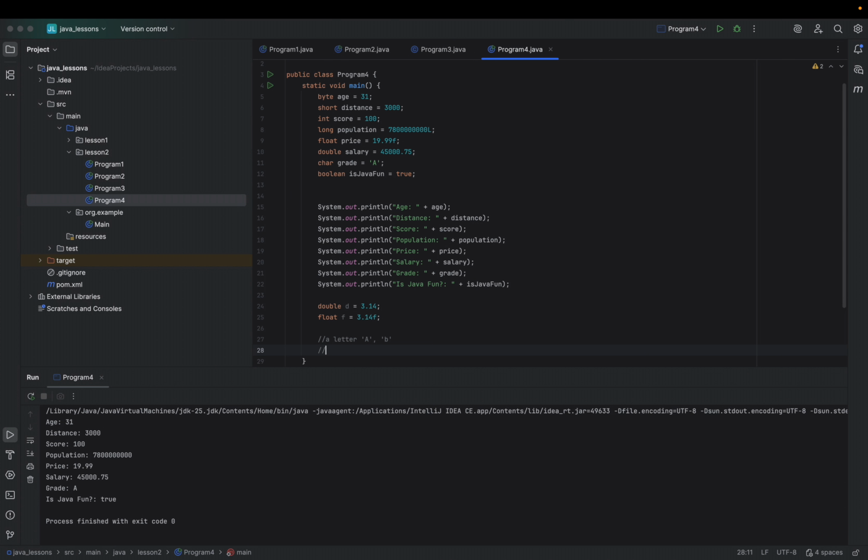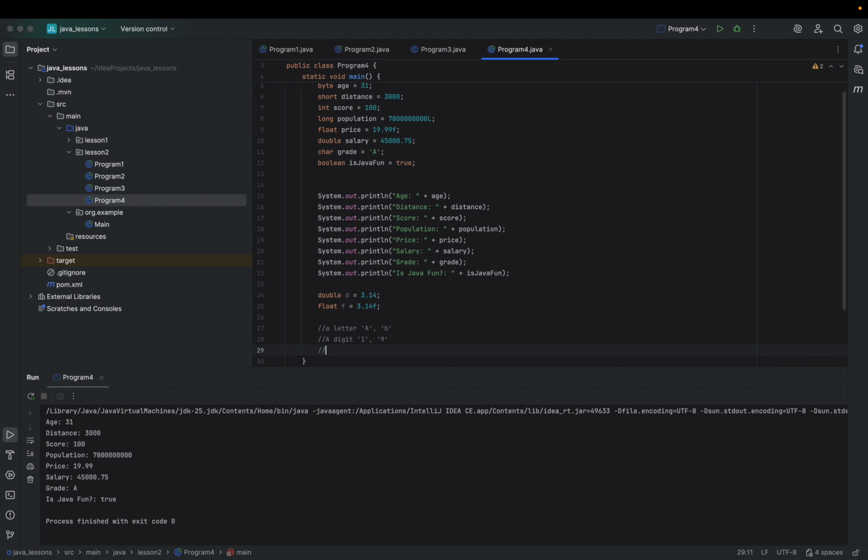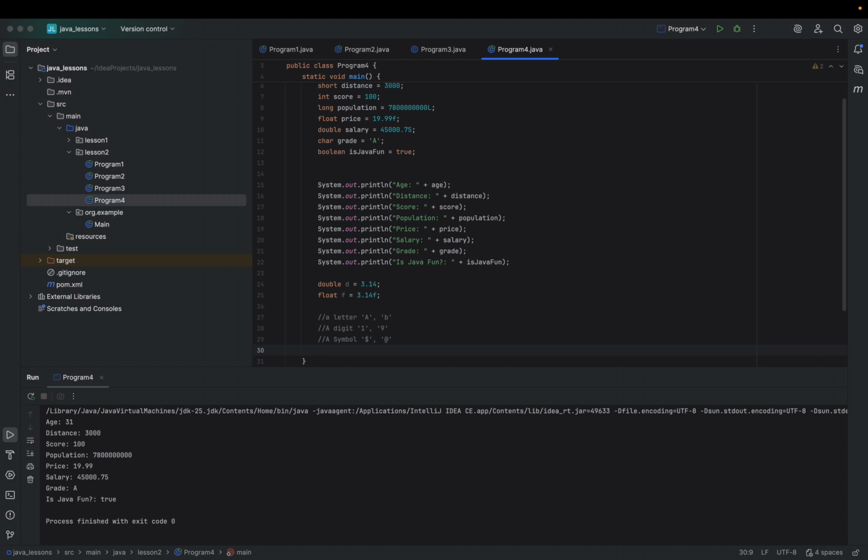And then it could be a digit, like 1 or 9. What else? It could be a symbol, in this case, for example, a dollar sign or the at symbol. Then it could even be a white space,